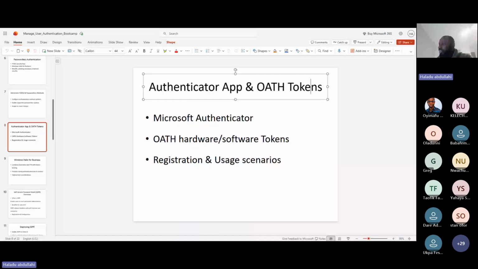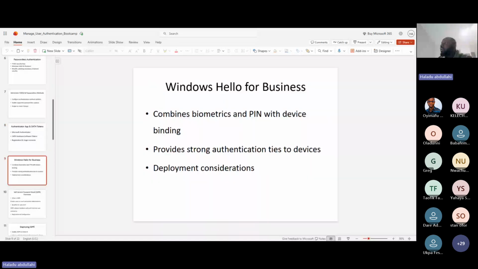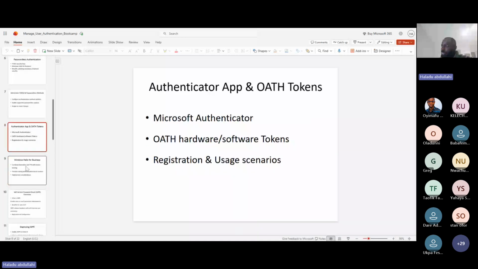And once you give them that, they have access. It times out within a few seconds. It doesn't take a minute, but it times out within a few seconds. So then it generates a new one. So that's about the Authenticator app. Like I said, it needs to be registered, and within the Microsoft Entra ID Admin Center,